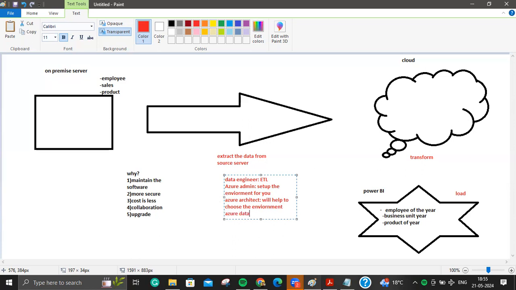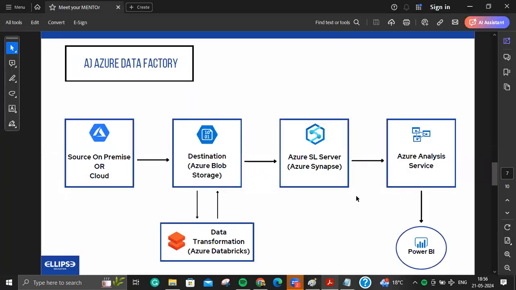Now what will a data analyst or business analyst do? Once you have given all sorts of data in the SQL Server, the Azure data analyst will try to analyze the data and then help make the Power BI dashboard. Whatever data you have given to the analyst, he will try to make sense out of it and then present it in a powerful way, right? That is what the Azure data analyst will do.